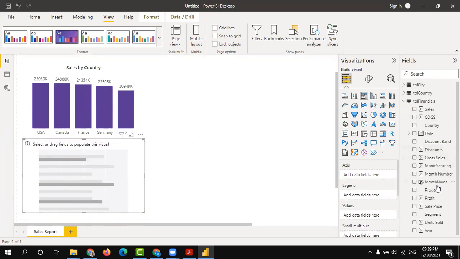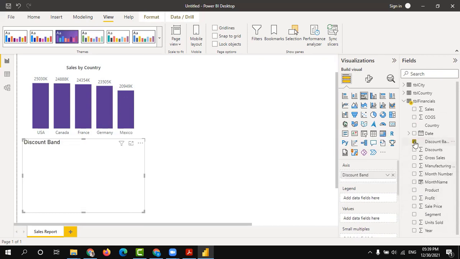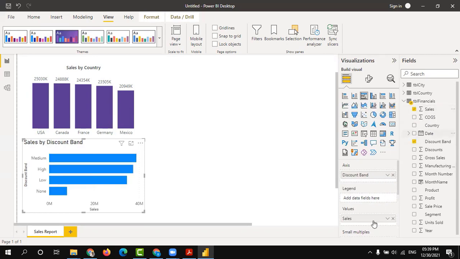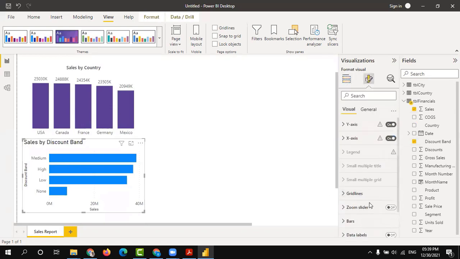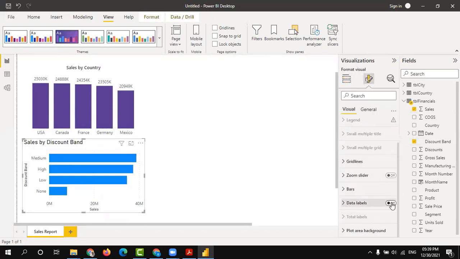For this one, I want to see my sales based on the discount band. So let's take discount band in the y-axis and the sales into the value section. We can turn on the data labels, in the millions format.